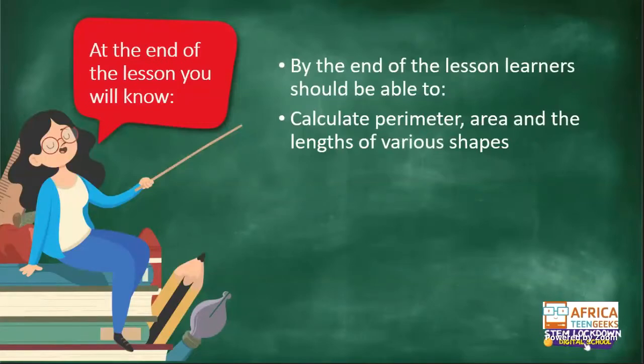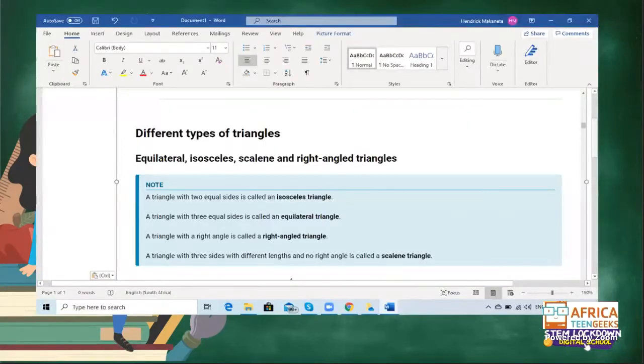We will be doing our lesson for grade 7 maths. At the end of this lesson, you should be able to calculate the perimeter, the area, and the lengths of the various shapes. And of course, we will look at the triangles as well. I'm sure you will recall that when you look at the lengths,